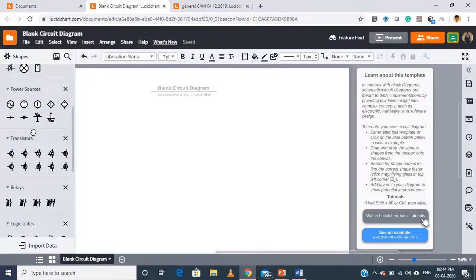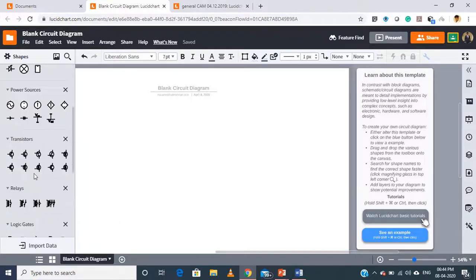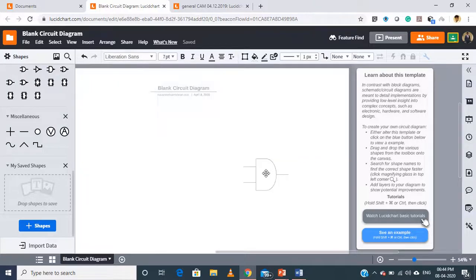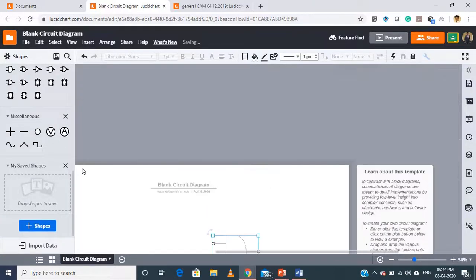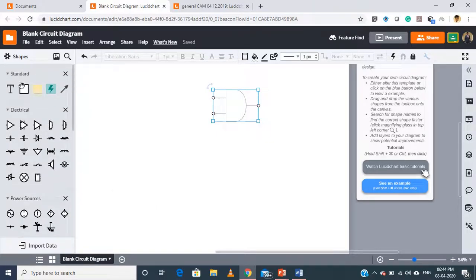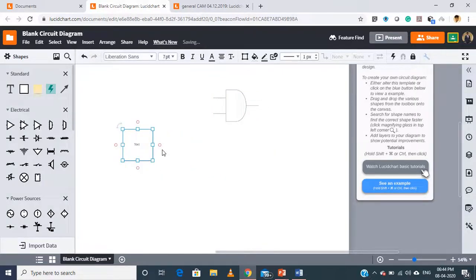It can be any transistors, amplifiers, switches, whatever you want to use, you can just drag and drop. Even gates, all those things you can drag and drop. If you want to create any blocks, you can also do that from here. Connection is a very simple thing. You can give it like this, and also you can customize how you want to have the lines.